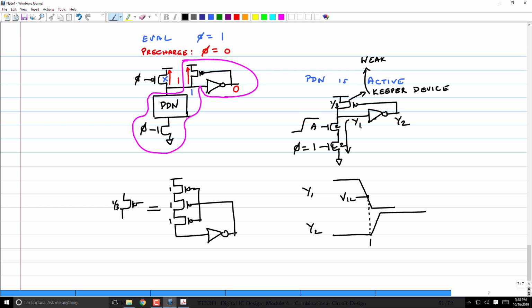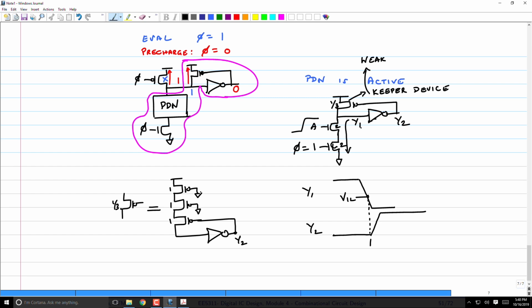Now the problem is, you see the loading on this guy. Ultimately, I have to optimize for delay. The loading on this node Y2 is too much because it's now going to 3C capacitance. Right? So what you do is you simply break this and say, well, I will connect only this. These two I will just ground. As long as one transistor in that series path is cut off, it is enough. Here I am reducing the capacitance, but also achieving my weak keeper to be 1/3 kind of size. Okay?